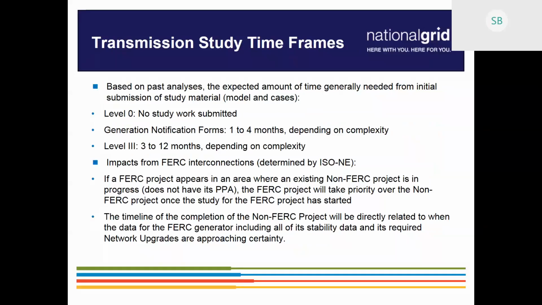Because it could be that if we are in an area that we already have a lot of other distributed resources, ISO will want the analysis could be more complex, and we have to vet the results of the analysis with ISO New England. So it will be an iterative process just to make sure that we vetted all the different concerns that ISO may raise. For level 3 analysis, that's the complete transmission study. The timeline for that would be 3 months to 12 months, depending on complexities with the respective areas and the size of the interconnection.